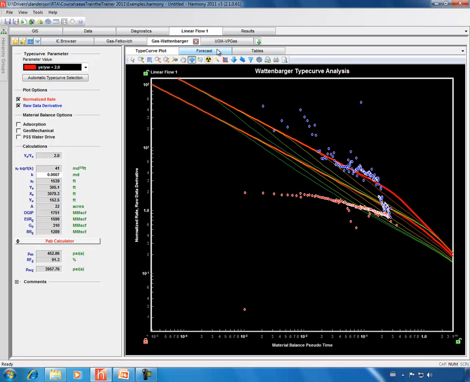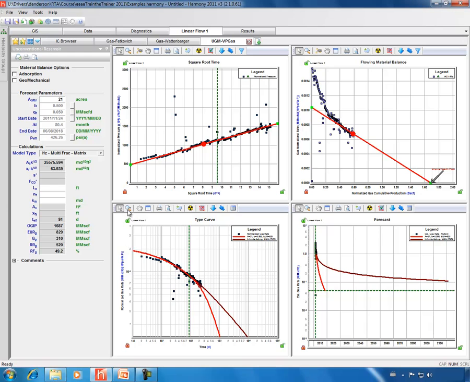The next plot I'd like to take a look at is our unconventional gas module. The unconventional gas module ties some of these different diagnostic plots together and will allow us to come up with a complete assessment as to what's going on in this system. If we start in the top left-hand corner, we have our square root of time plot. And as we can see here, the square root of time plot clearly shows a straight line, which would confirm